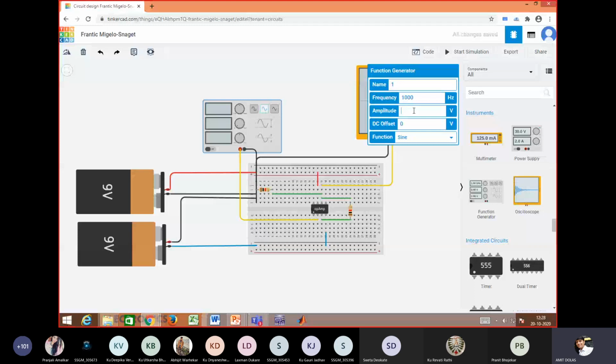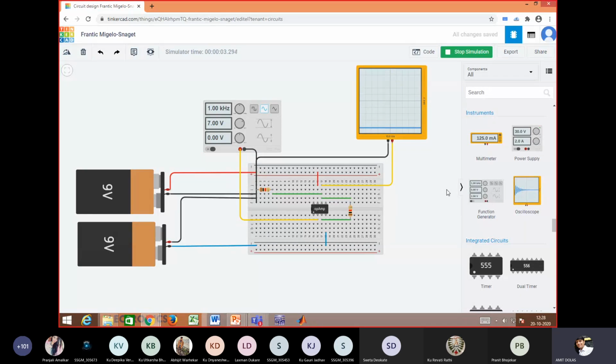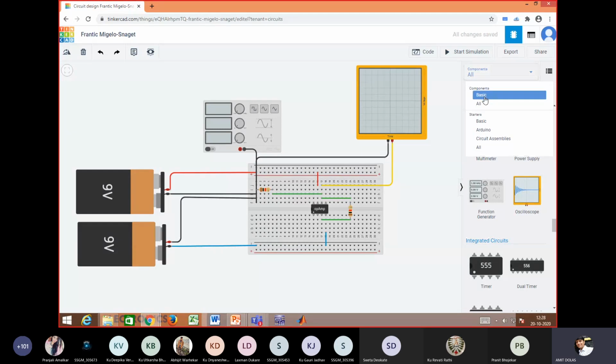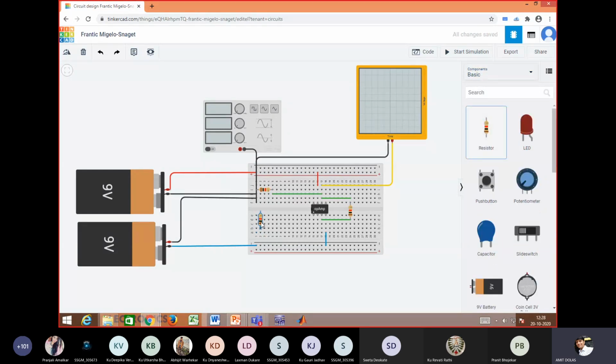So here we'll use one input resistance. We'll try it with one input resistance. So in the basic, one input resistance. Circuit diagram is correct.